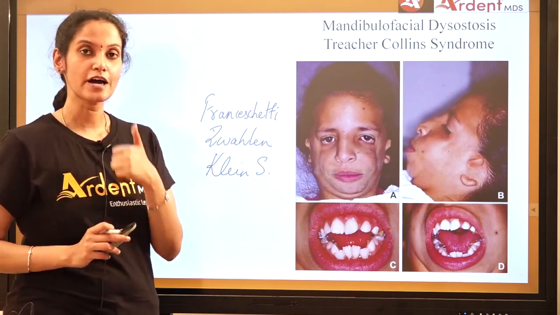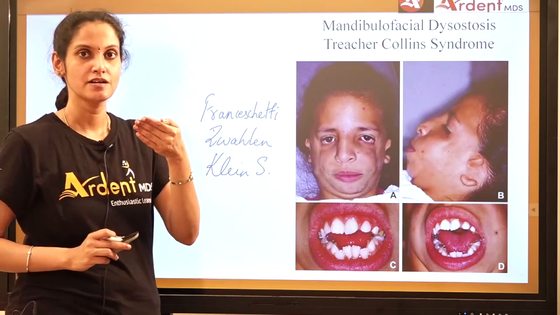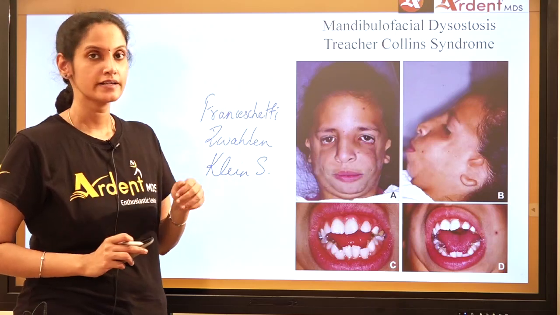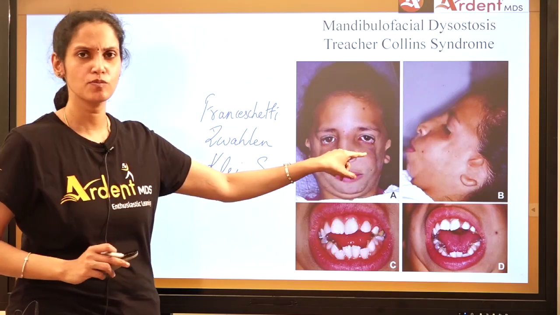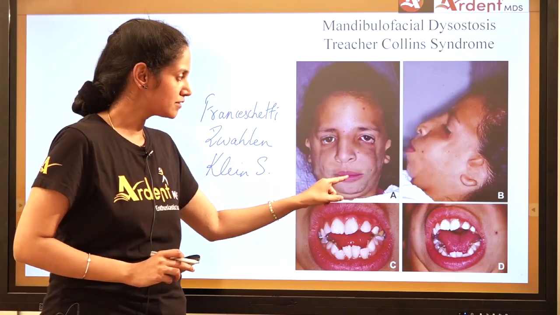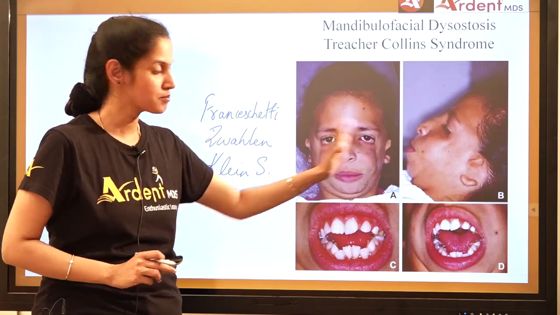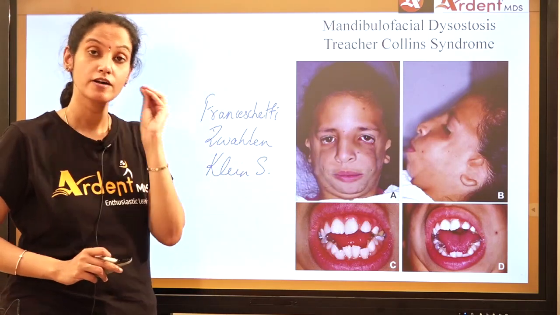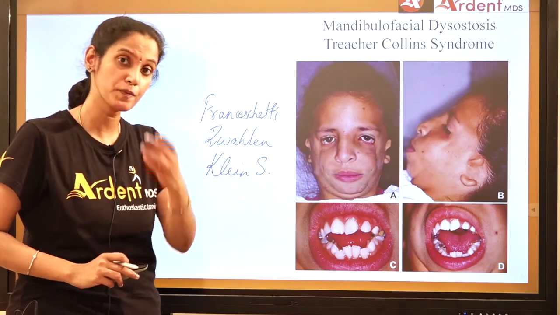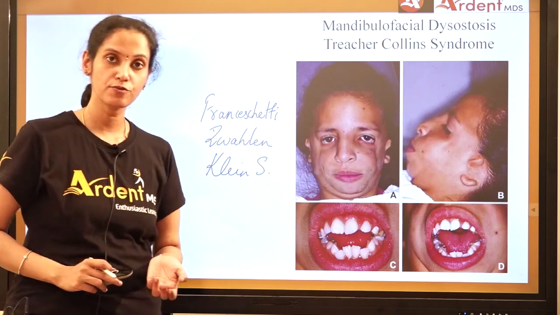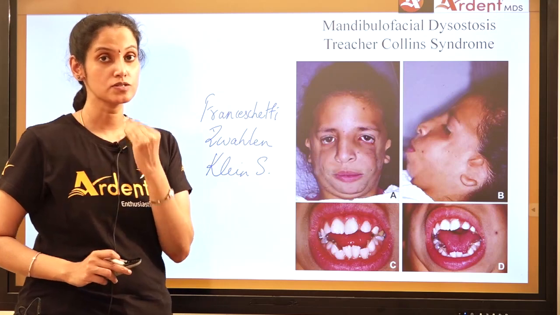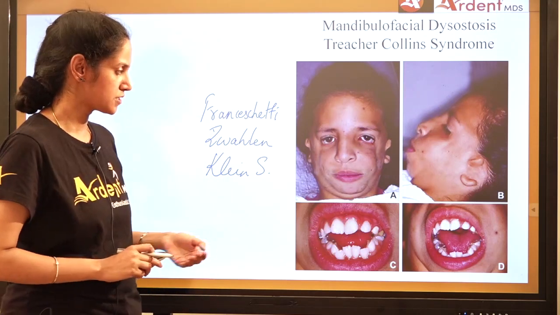First is the zygomatic hypoplasia. The mid face is sunken inside. Maxillary hypoplasia is present. And the patient will develop a coloboma. What is that coloboma? It's a notch in the outer part of the lower eyelid. Patient might have a lateral cleft extending from the commissure to the ears. Ear defects. Your ossicles might be affected. The condylar, coronoid hypoplasia, hypoplasia of the nasopharynx, hypopharynx, salivary gland hypoplasia can occur. The mandible is also retrognathic in these patients.